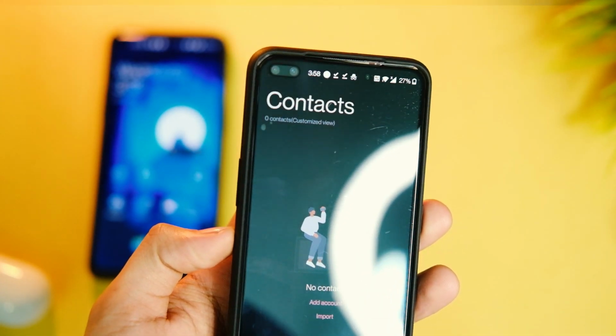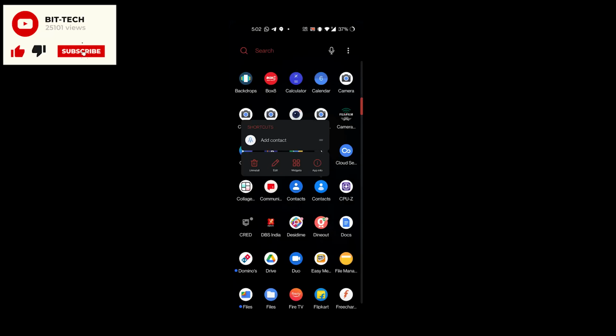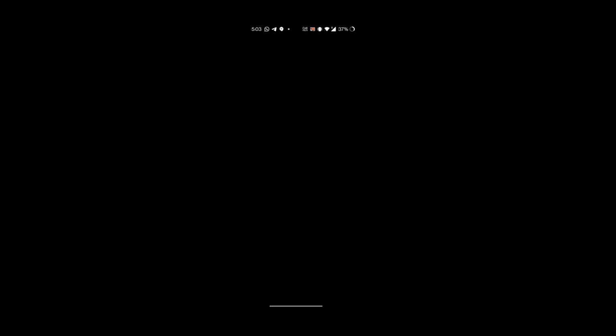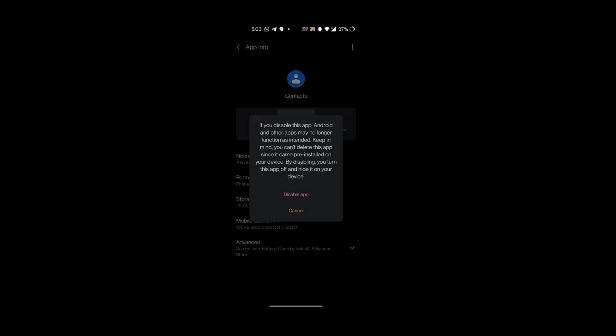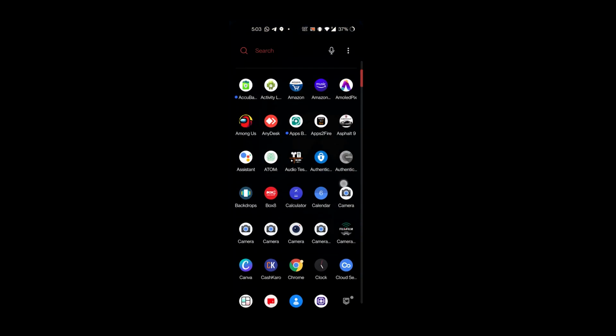And one last thing, you must be having multiple apps in your app drawer, and just to avoid confusion, there is no need to uninstall the Google ones. Just long press on each app, tap on the info button and hit disable, and this will take them away from the app drawer once and for all. So I hope it looks better and less confusing now.